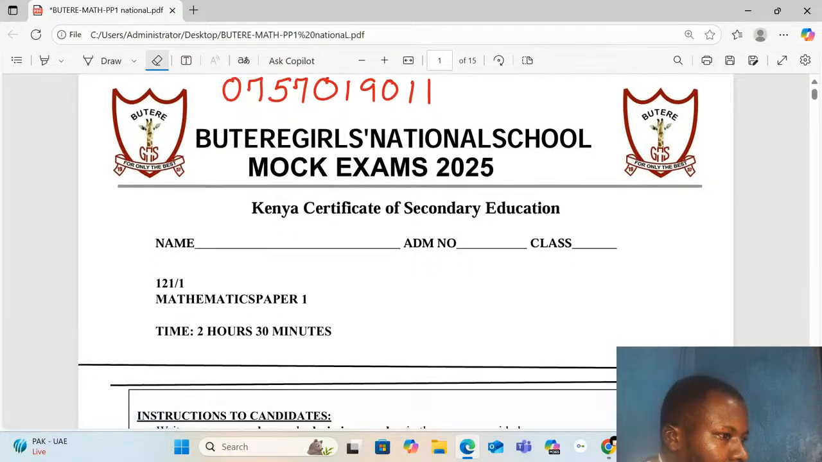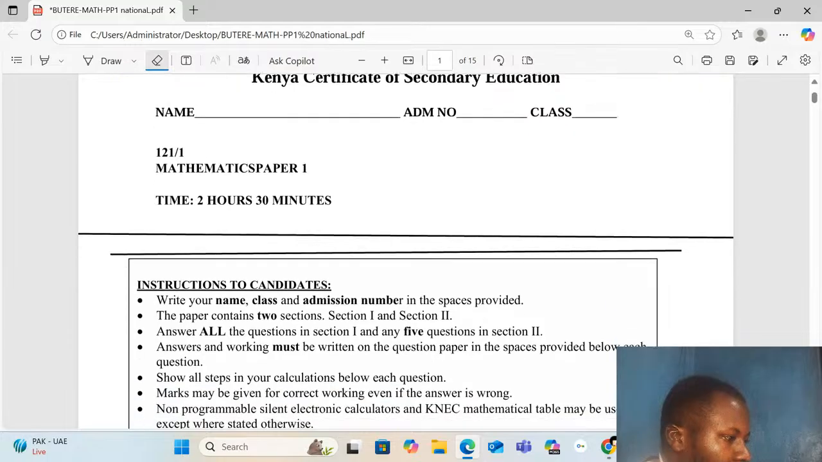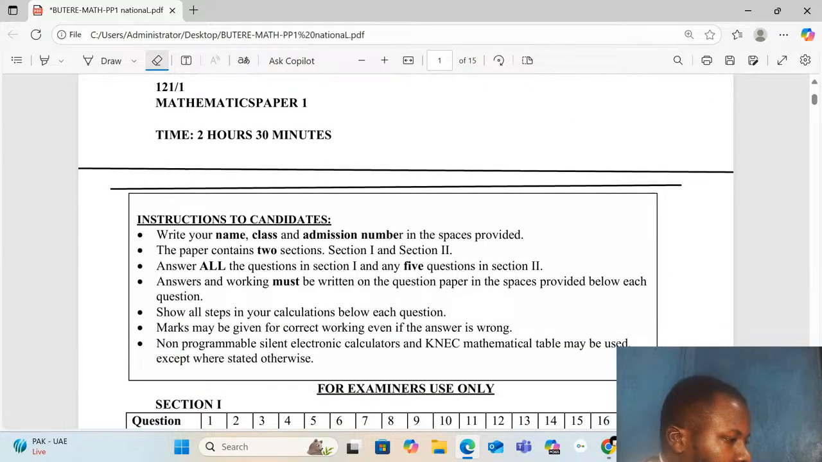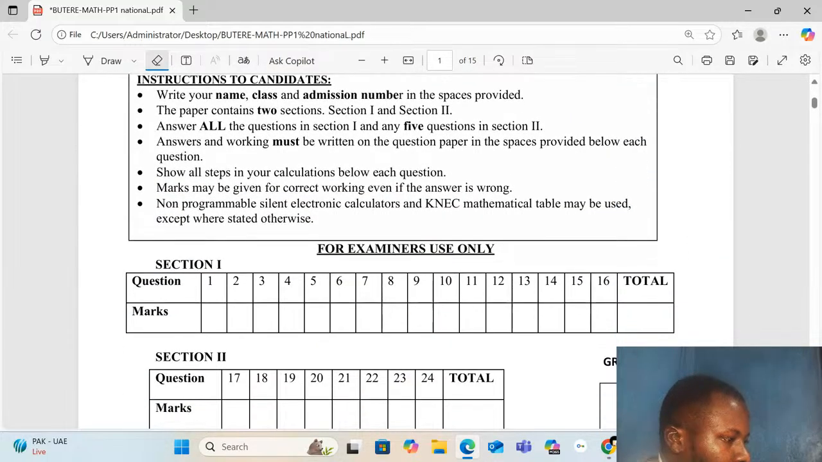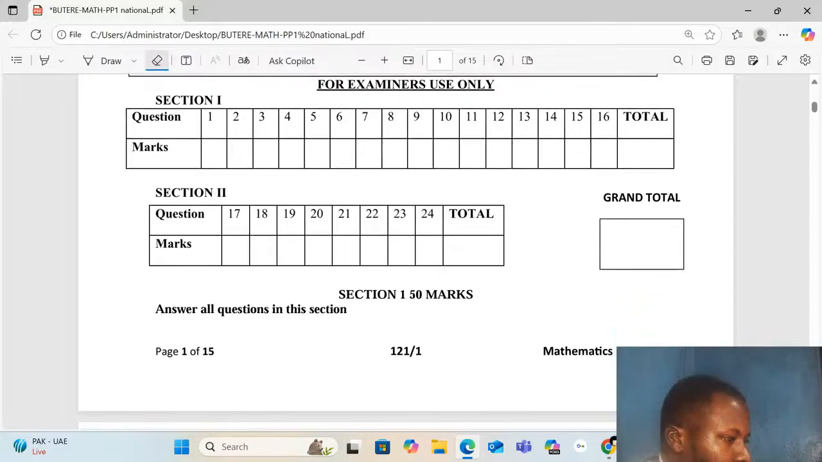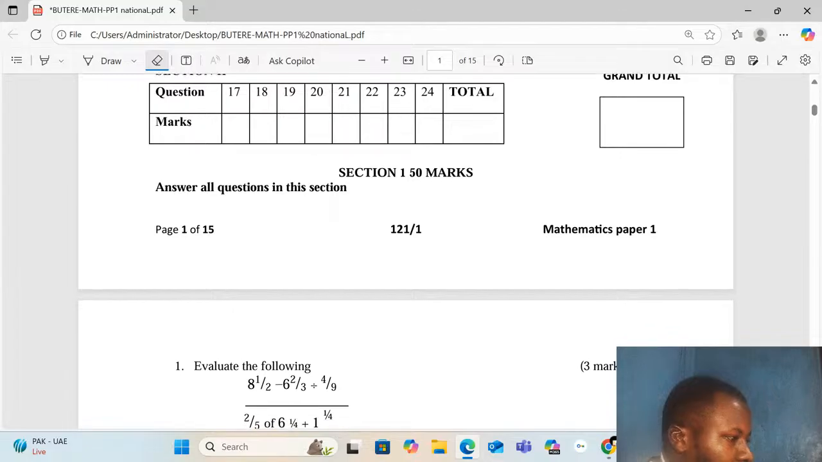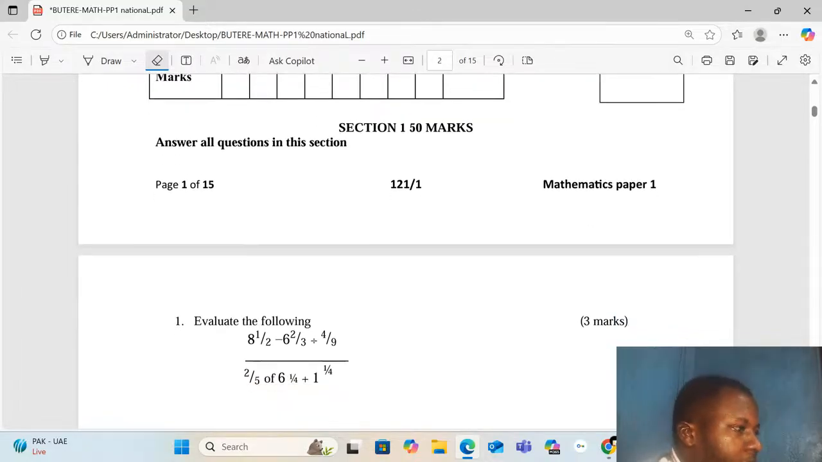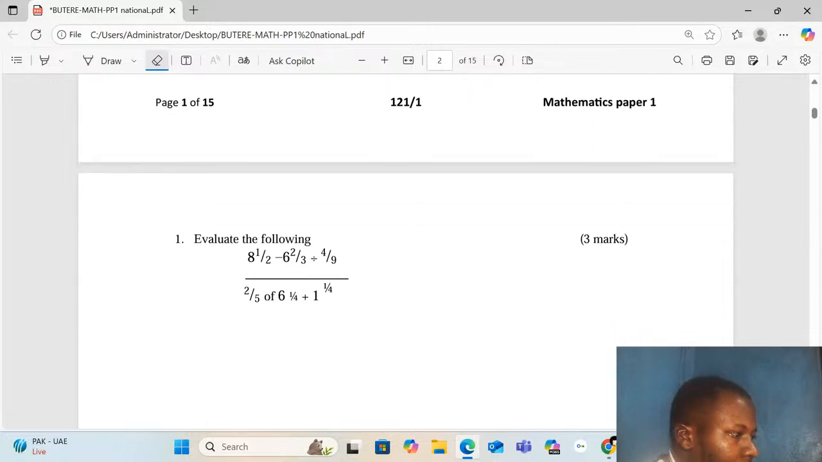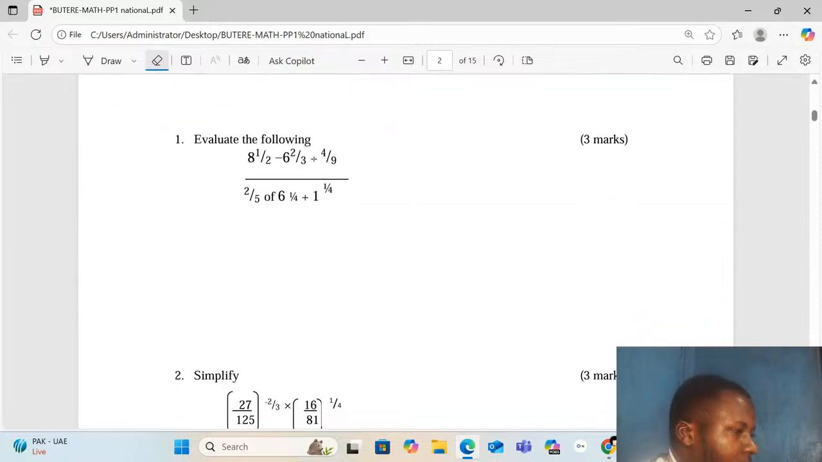So straight to section 1. As you can see, the instruction is you answer all questions in this section, from number 1 to number 16, carrying 50 marks. Number 1, as you can see,